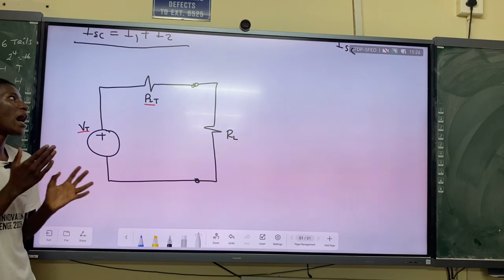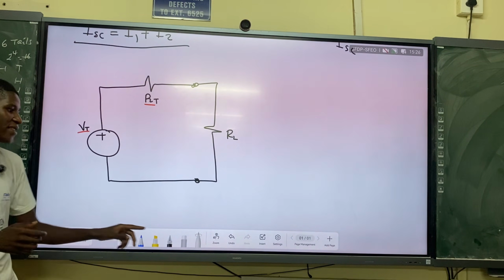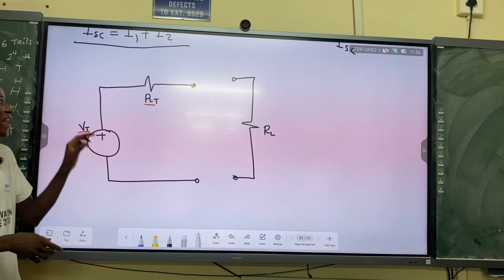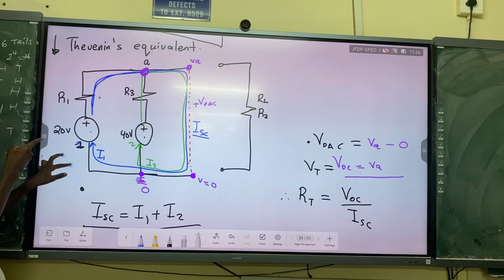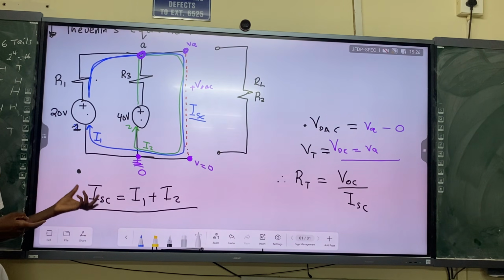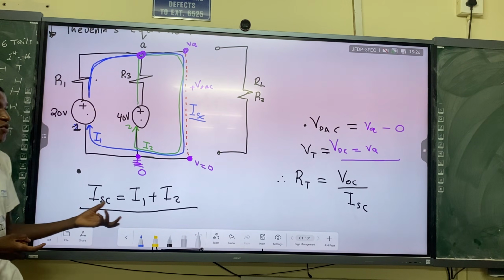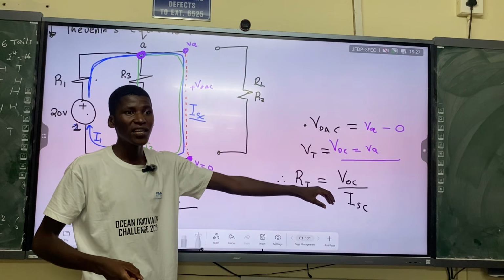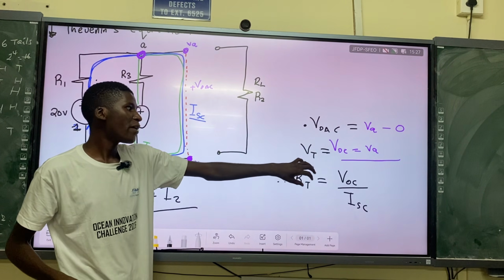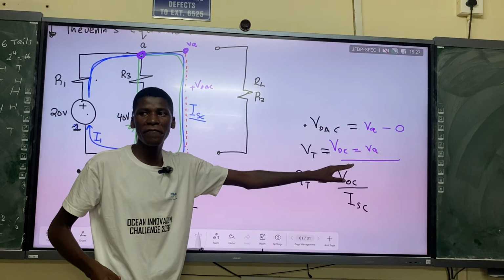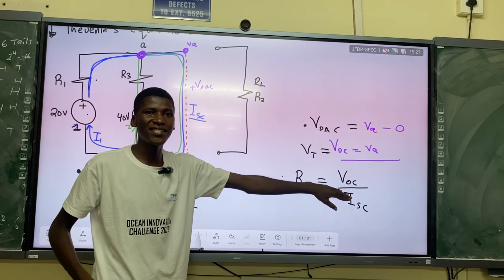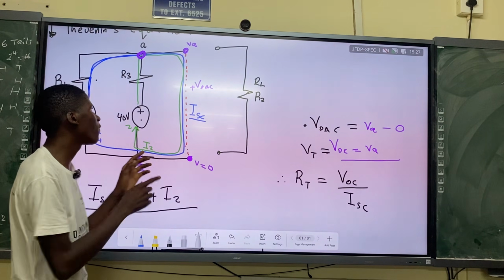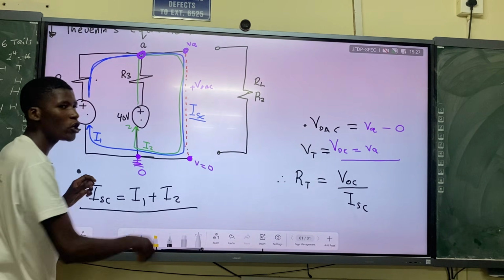So here are the steps, if you want to get completely all the marks when it comes to Thevenin's theorem. You start by aligning the circuit, that's the first thing. Number two, you calculate ISC, the short circuit current. You calculate VOC, the open circuit voltage, which is the Thevenin's voltage. Then using Ohm's law, with VOC over ISC, you get R Thevenin. That's the total resistance of the other components, excluding the load resistor.